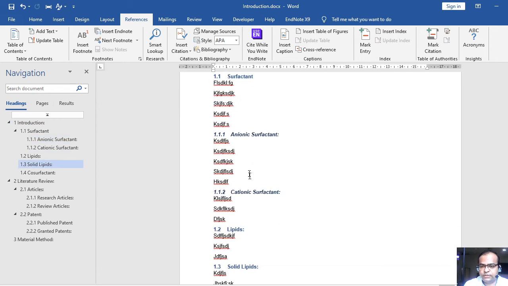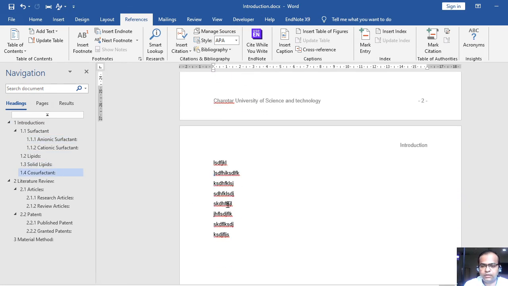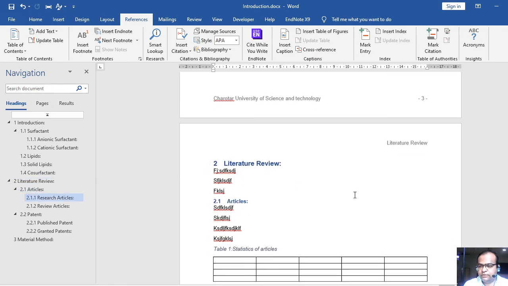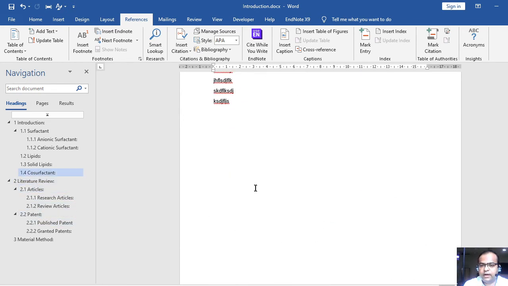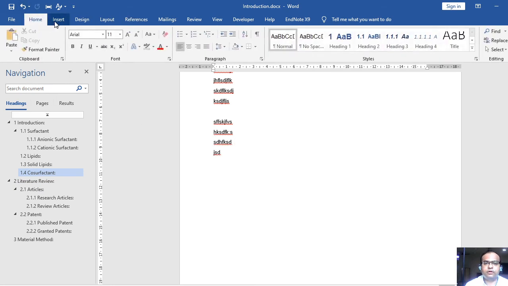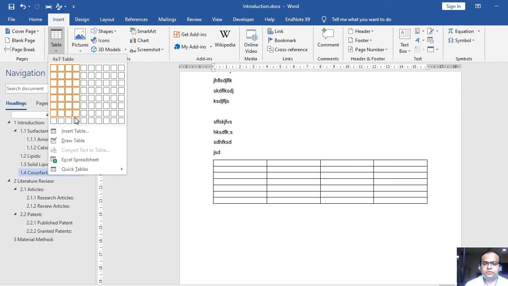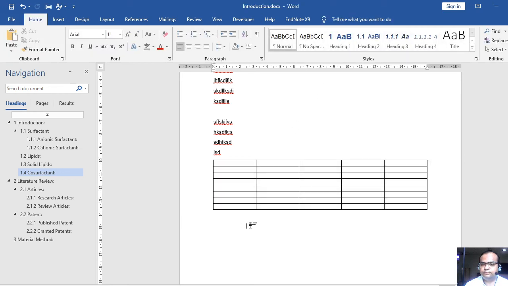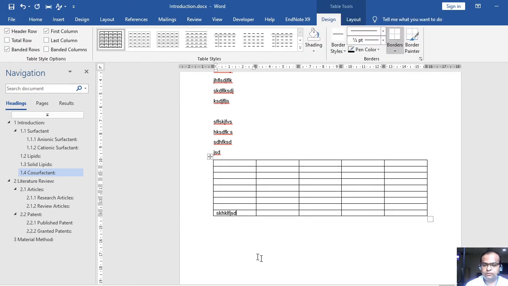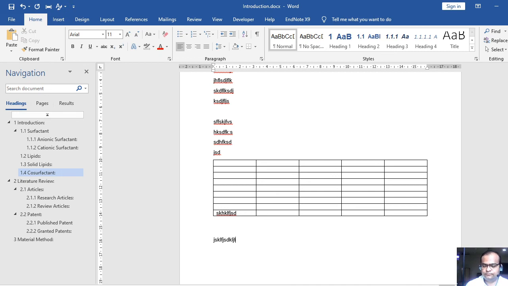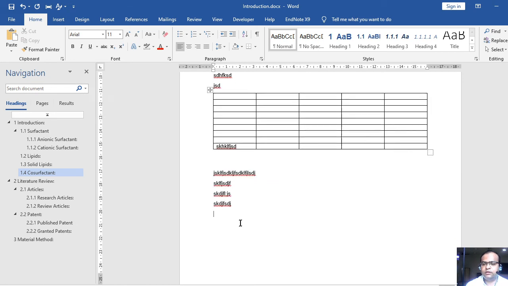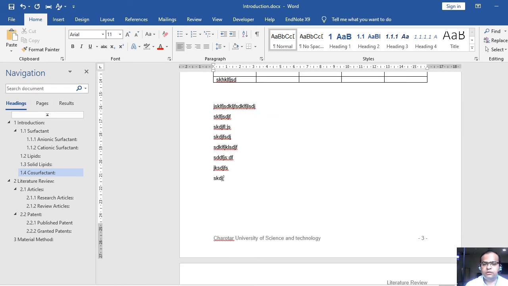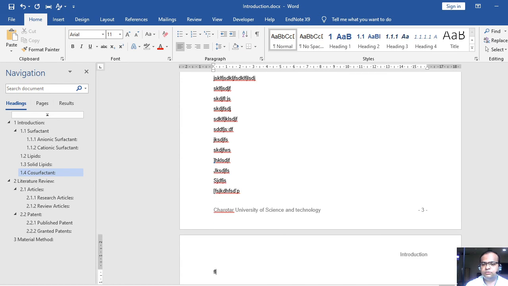Introduction at page number 2, surfactant page, and no need to take care of the page numbers manually. Let's say this literature review starts from page number 4, and somehow I am adding something in my introduction, right?